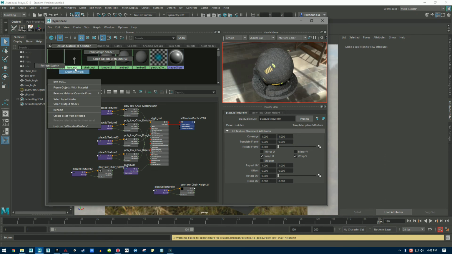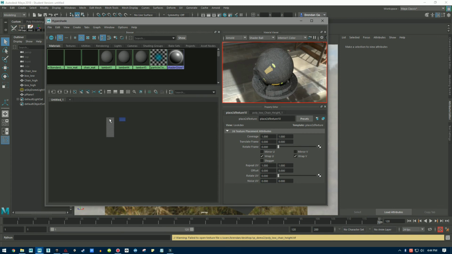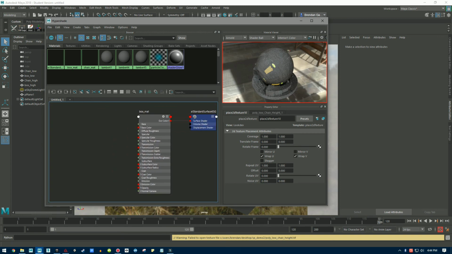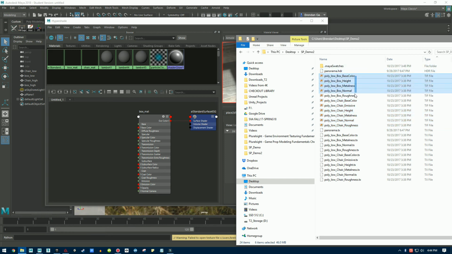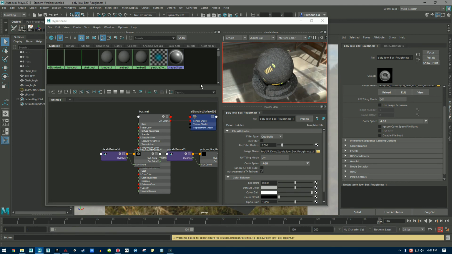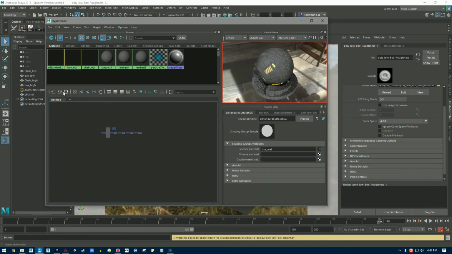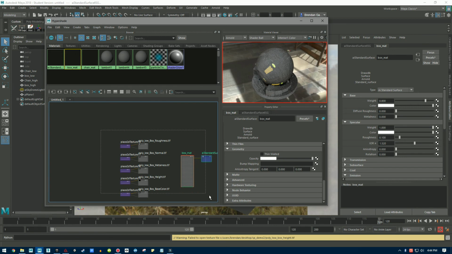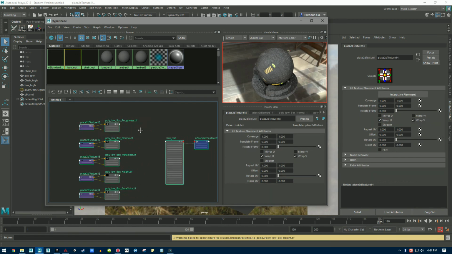So what I'm going to do is go to the box material, and we'll just put this over here. And I'm going to go back and grab all of the box maps and put them over here. And then just grab all this and do the input outputs. This all here. Drag this all back,